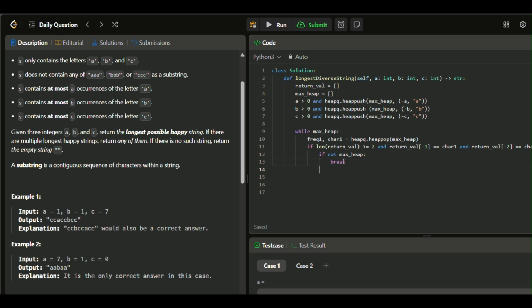However, if this is not the case, we do the same operation above, but this time around we're taking frequency 2 and character 2, and we are popping again, because now our heap has adjusted itself to return the next largest or frequently occurring item, which in the implementation of the heap would be the second smallest item as the head of the list now. So we just do exactly the same thing. We pop from our max heap,